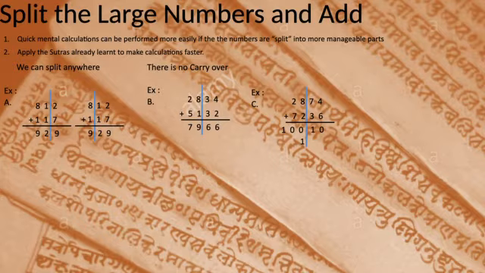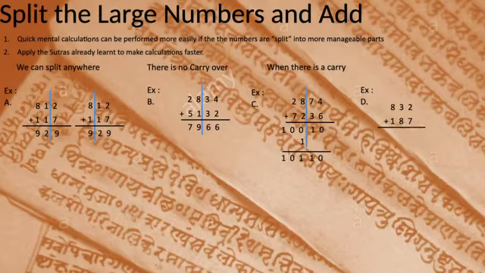Now we have to further add it up to get the final answer. When we finally add it up, we will get 10,110 as the answer. This is how we work when there is a carry. This is the example of adding up by number splitting when there is a carry. So let's look at one more example.